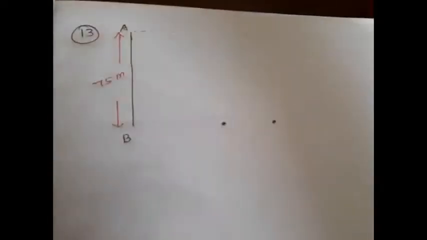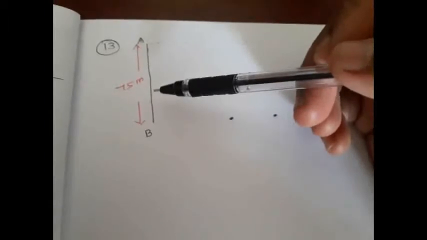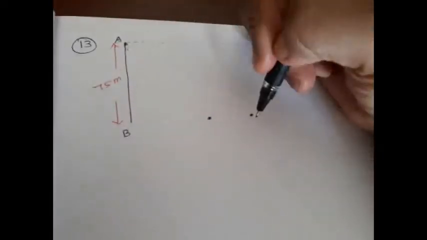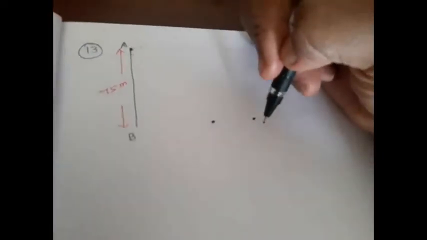Now let us see how we can solve our 13th question. It is given as: observed from the top of a 75 meter high lighthouse. This is a 75 meter high lighthouse from the sea level. The angle of depression. Angle of depression means from the top they are viewing, right? So we need a line of sight. So this is our line of sight. The angle of depression of two ships. They are seeing the two ships from the top of the lighthouse, and they have given the angle of depression as 30 degree and 60 degree.